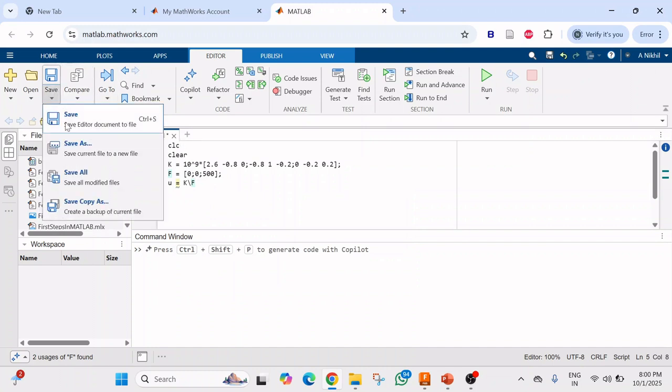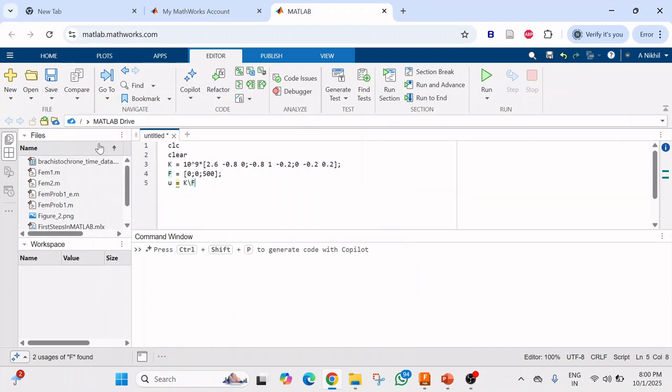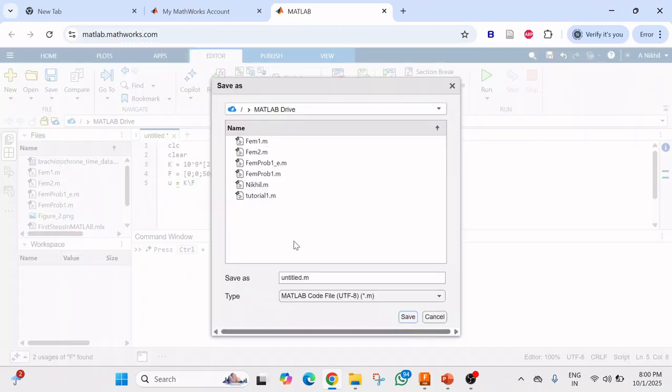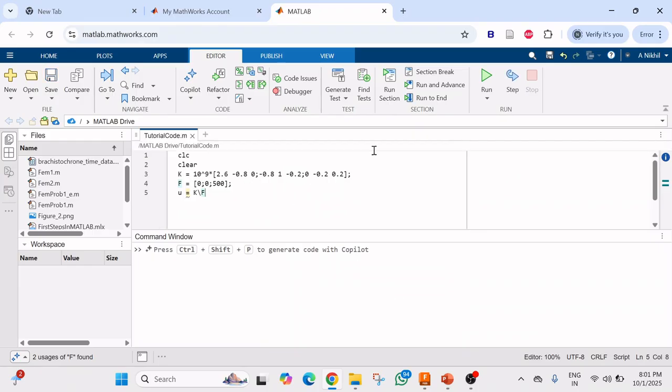Go to Save As and save this file and give it a name. I will give this tutorial code. Don't give any space in the file name because spaces are not allowed, and then click on save, and now you can click on run,